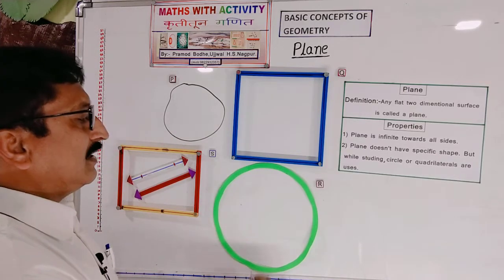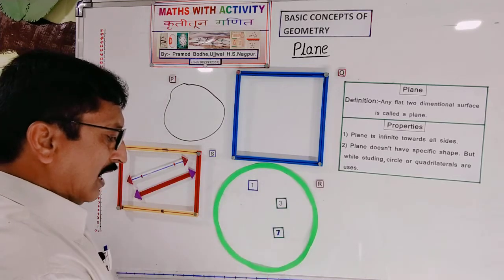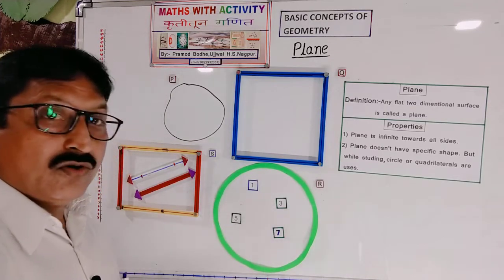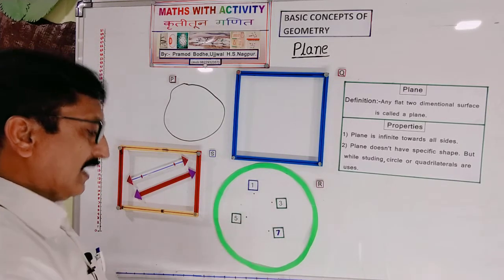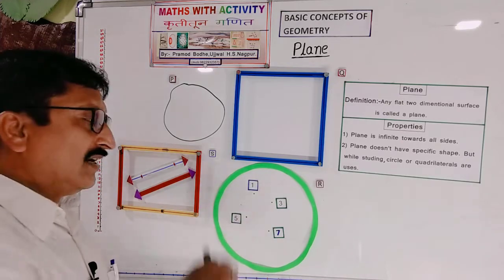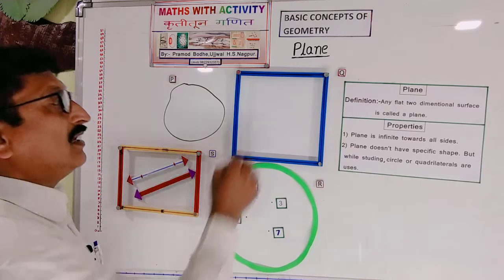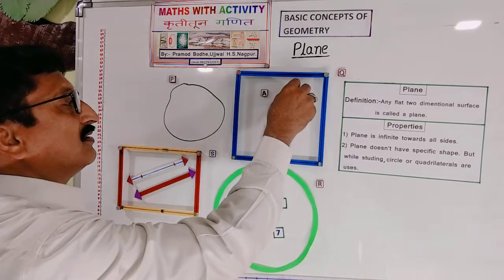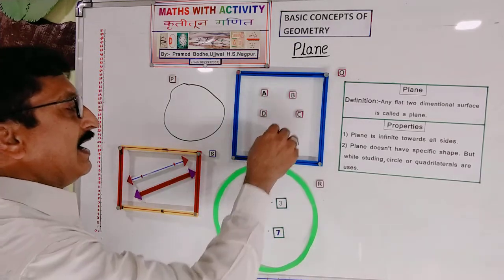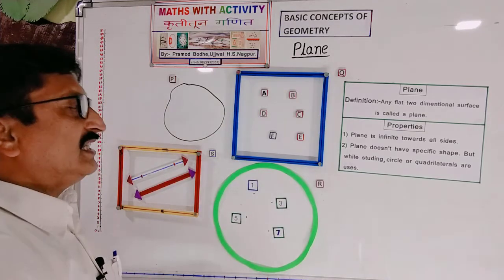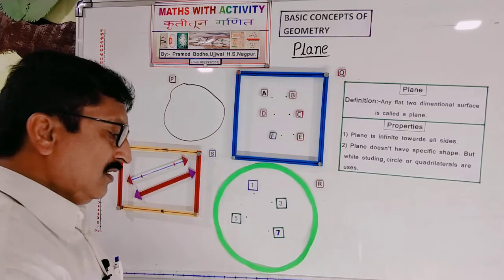Similarly, you can use a plane to indicate a set or a group of points. Suppose I say there are the first 5 odd numbers. To show or indicate this, we can use a set, this set, or this plane. Similarly, suppose we have to indicate a set of points. Suppose there are A, B, C, D, E and F. That means there are 6 points, and to show the group of these points we have to use a set.